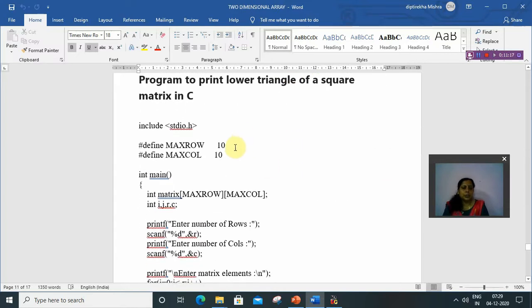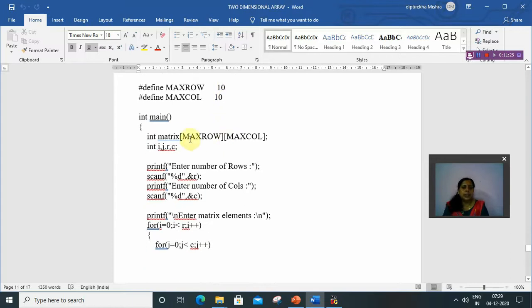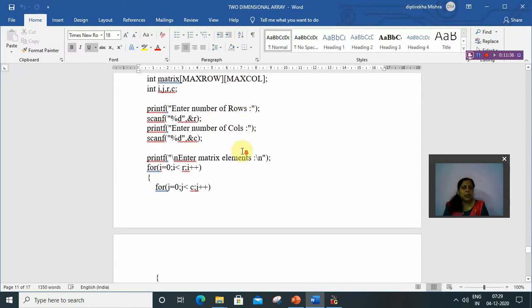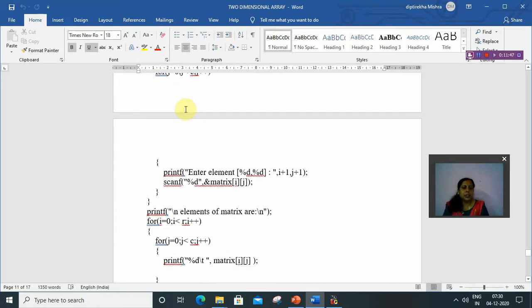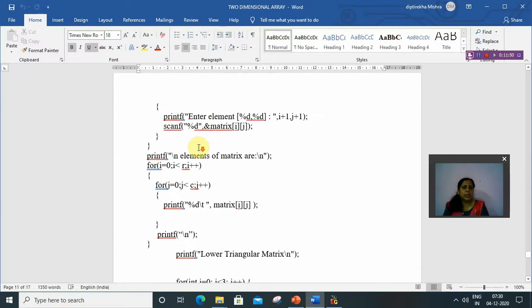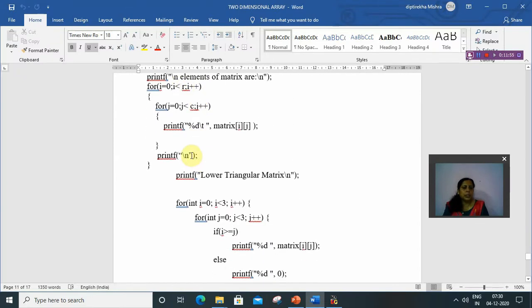So for the program, first we declare max row and max column, that is 10 and 10, and declare the matrix with max row and max column, meaning a matrix with 10 rows and 10 columns. After that, ask the row value and column value from the user and store them in R and C. Then enter the matrix elements. With two for loops we can store the elements in the matrix, and again with two for loops we can display the matrix.